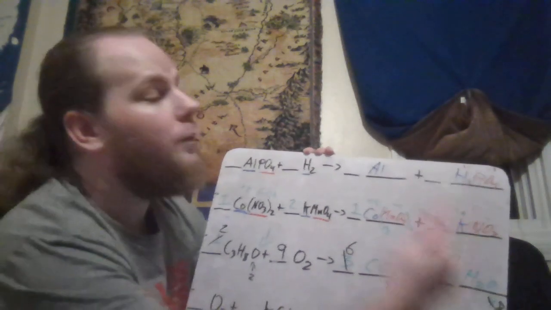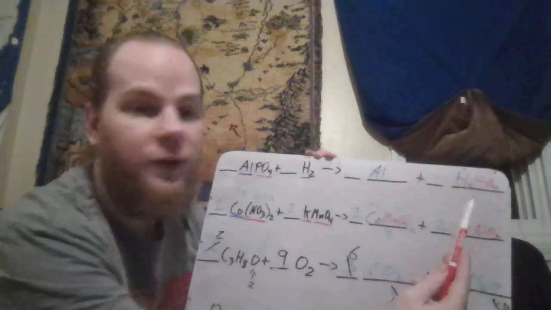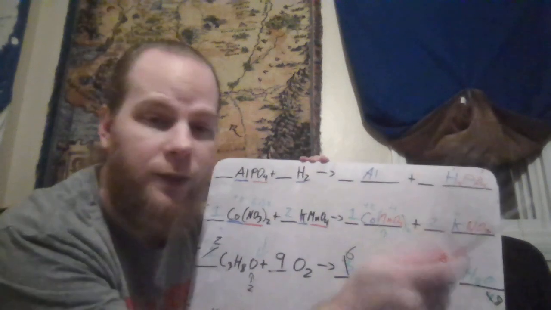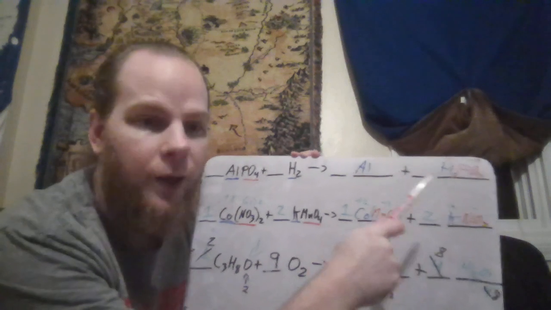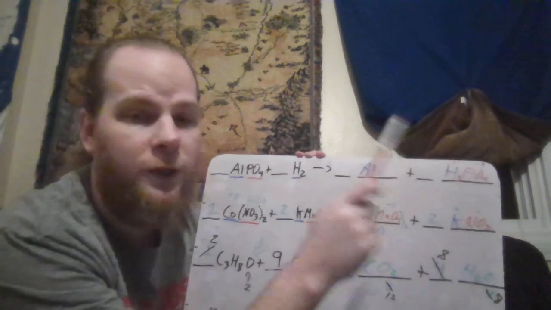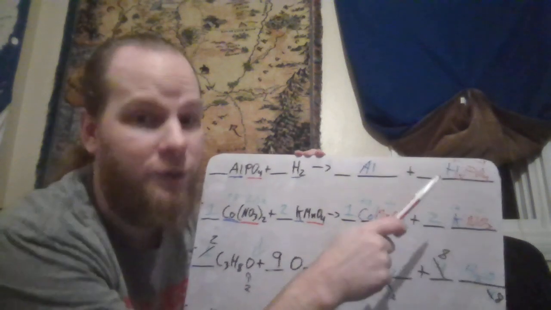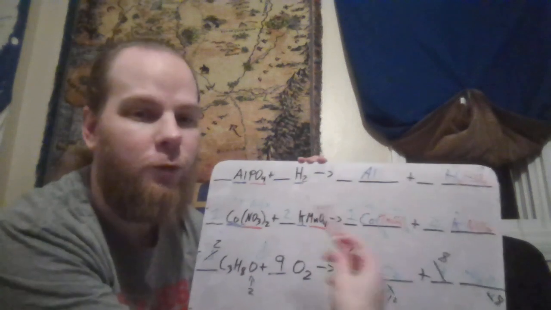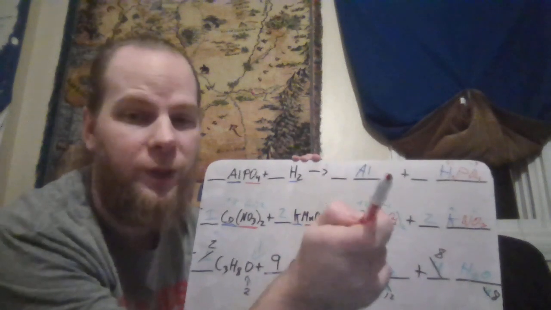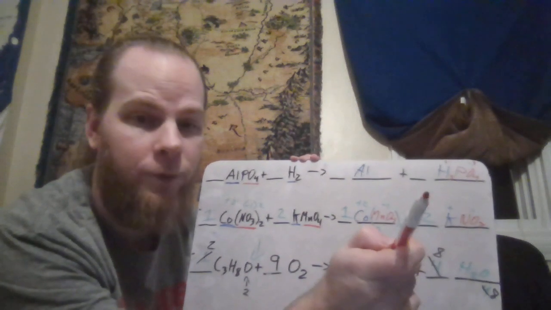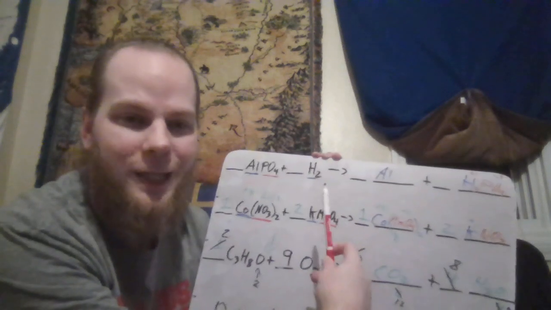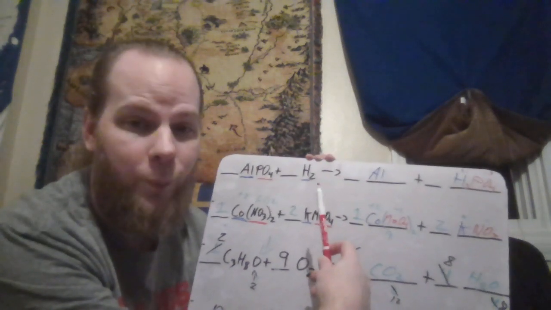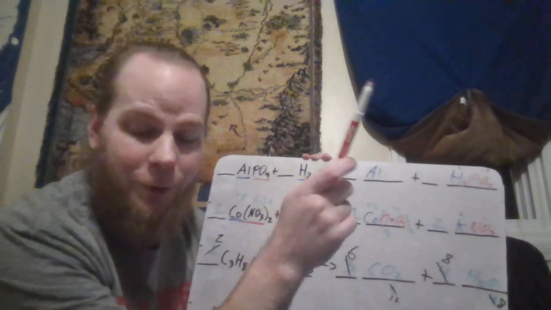Okay, now we need to balance the reaction. This is not a combustion, so we want to find the largest one. That's going to be H3PO4. And I'm going to tell you, in this case, you want to start with hydrogen. In single replacements, you usually want to start with the elemental when you're trying to balance. Okay, over here, we have 3, and here we have 2. Okay, when that happens,